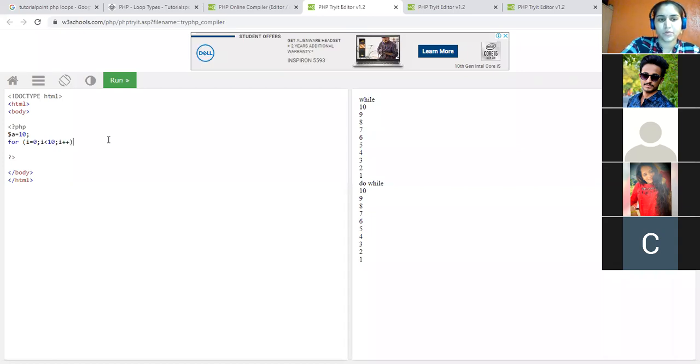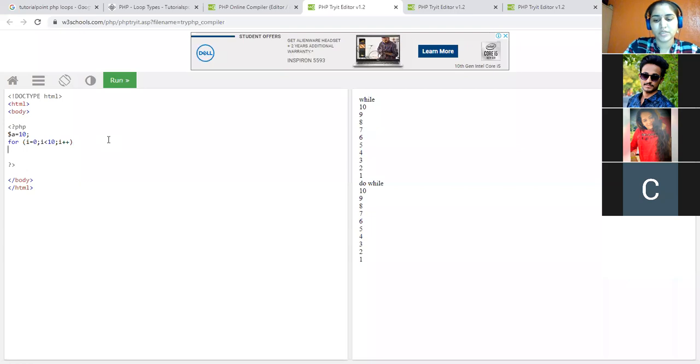And I'm going to display the value of i, suppose. For displaying it is the echo function, so it will echo $i instead of i. These plain i's are not recognized by PHP, because PHP understands each variable with the dollar sign.